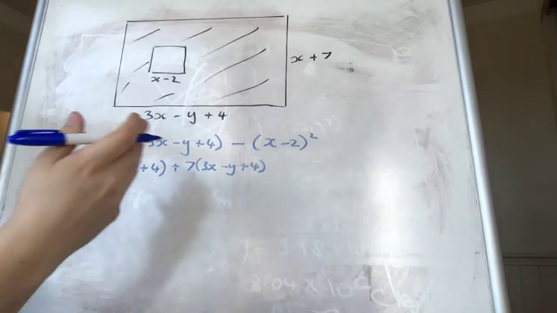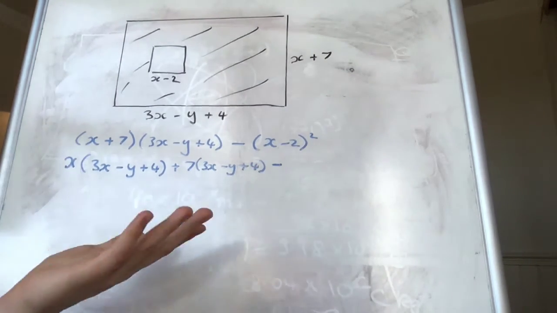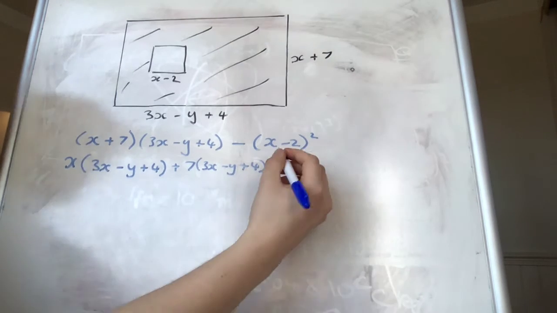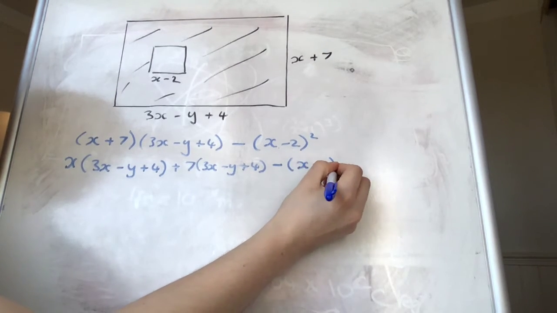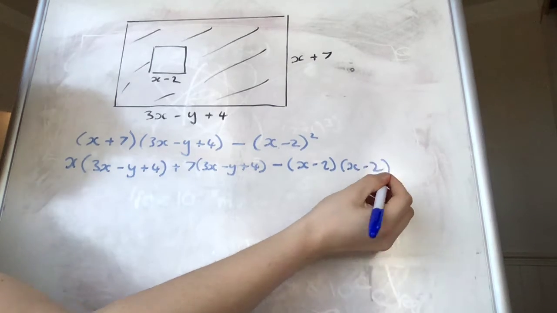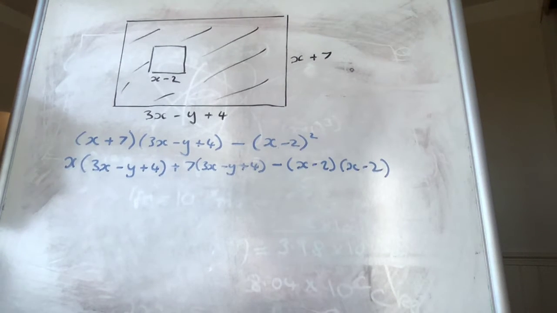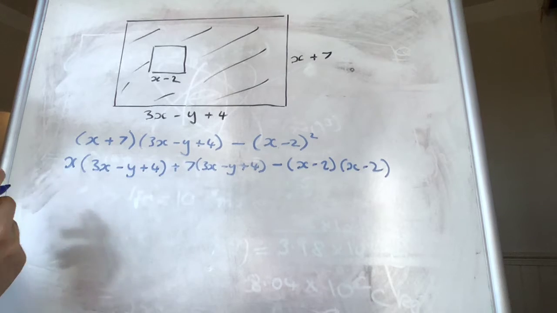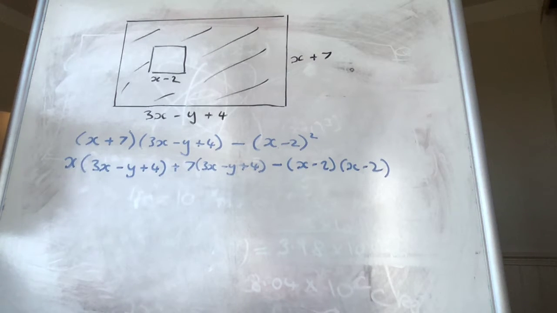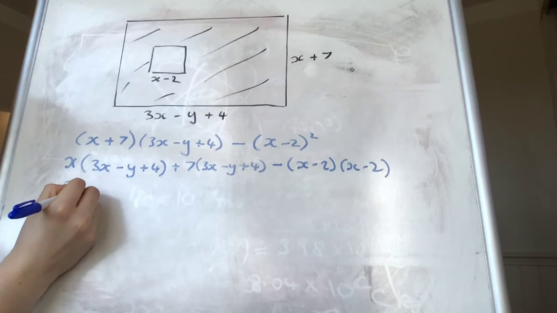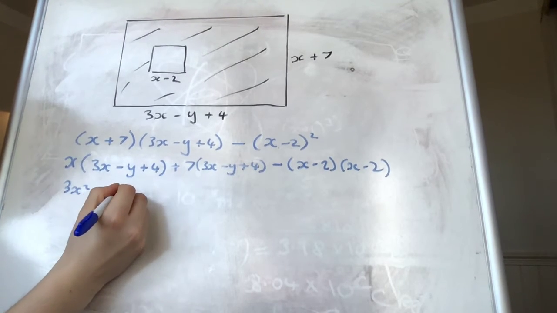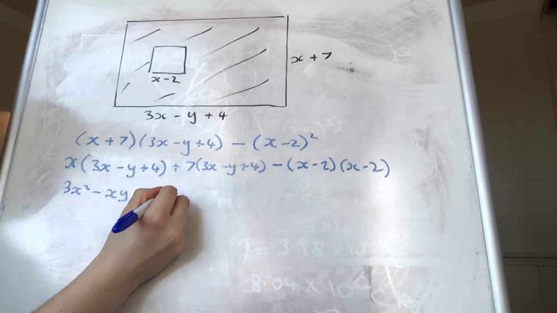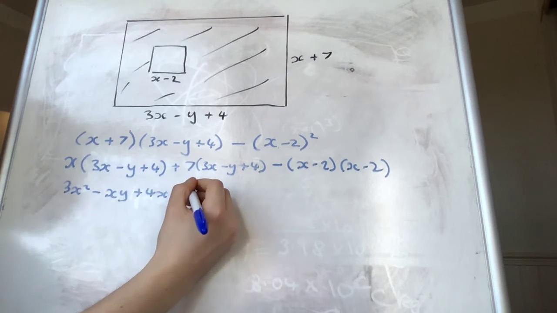And then we want to expand our squared bracket too. So x minus 2 squared, as I said before, is just the same as saying x minus 2 times x minus 2. So again, we're just moving it closer and closer to a more familiar and more easily understandable equation. Now I want to expand this out fully. So we've got 3x squared minus xy plus 4x plus 21x